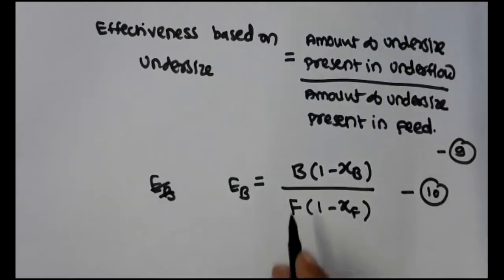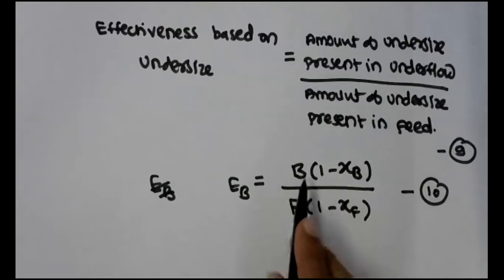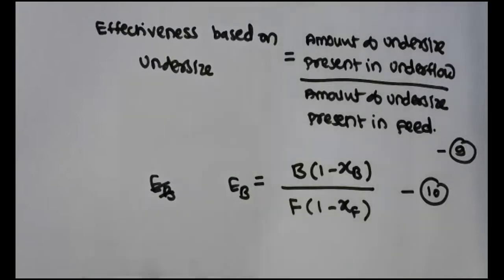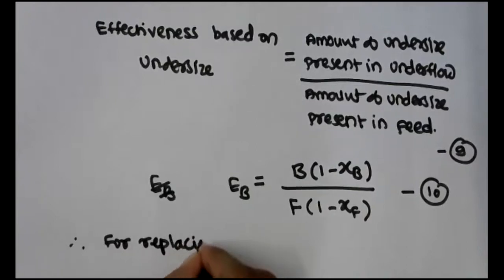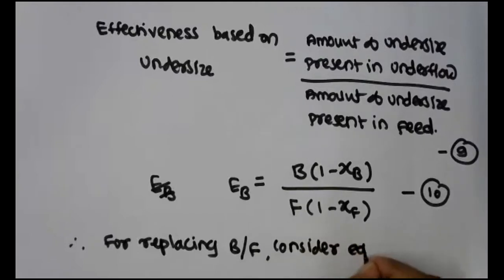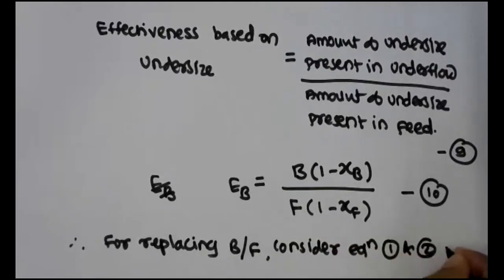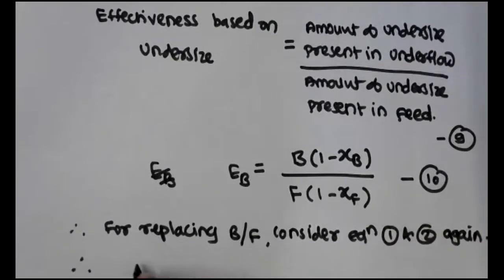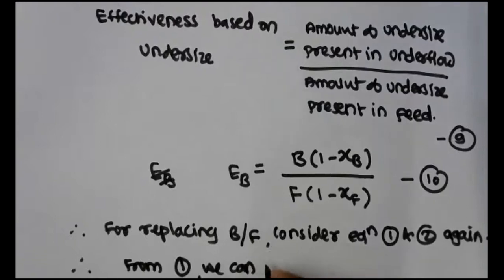Now we just have to replace this B and F, similar to D by F. So we have to again consider equations number 1 and 2. Therefore, for replacing B by F, consider equations 1 and 2 again. From 1 we can write,